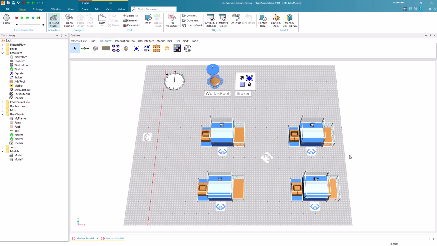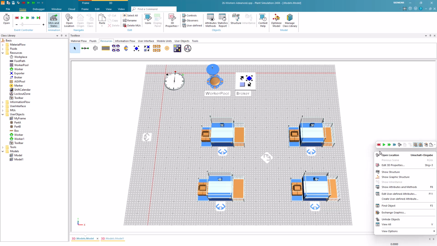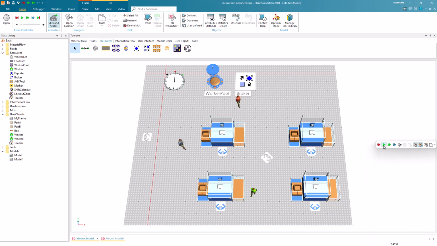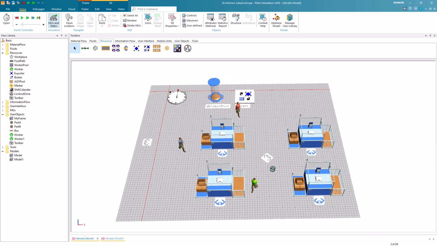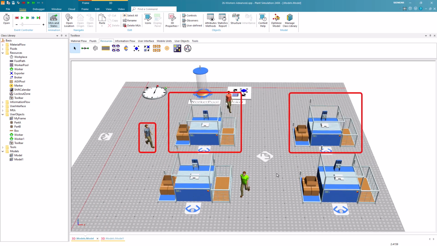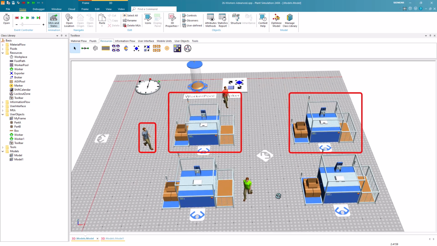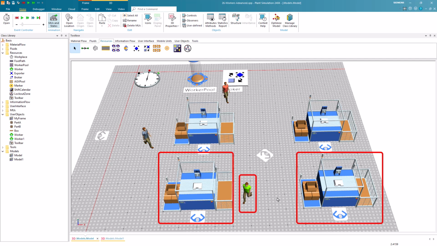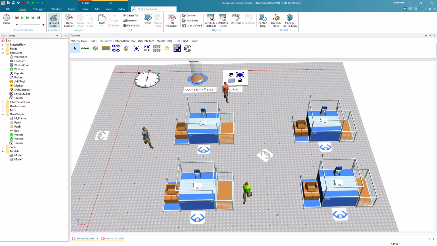We are now ready to start the simulation. We will now see 3 workers. The worker in the default appearance has the first and the second station as his scope, whereas the worker with the green appearance has the third and fourth station as his scope. The jumper has a red appearance and has no scope defined.